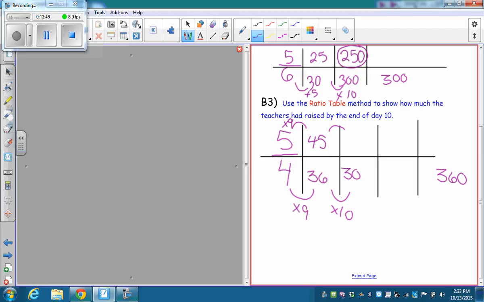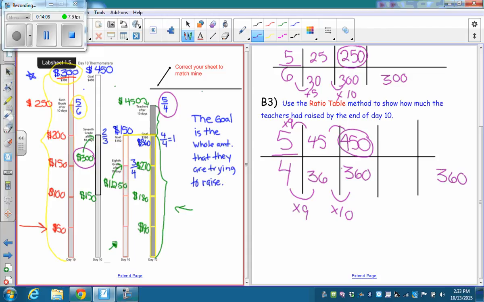And so what's the top number then? 450. 450. Bobby. So that's how much the teachers raised. So when we look at the chart, it matches. So your job tonight is to be able to use a ratio table and/or a picture to make these projections. But I don't